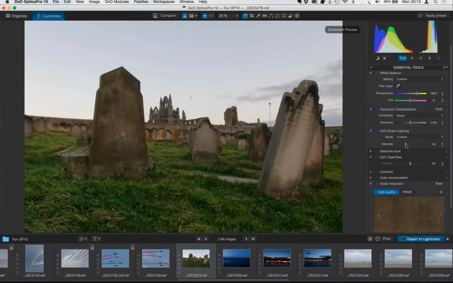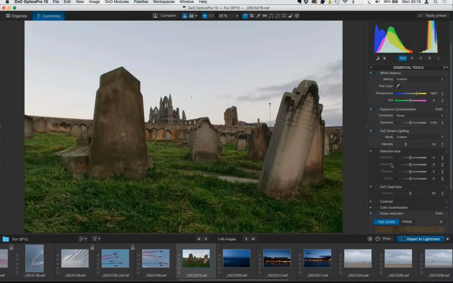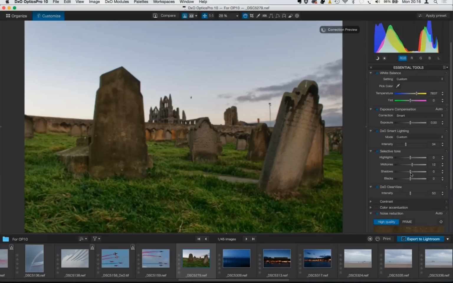And then I could move on to selective tone, working in highlights, midtones and shadows. But what I'm going to do, because I've got it in the Elite version, is to click on Smart Lighting. I'm just going to switch that off again. Just look at that straight away. The sky's coming in, the grassy area is getting more punch, so the atmospheric perspective has been improved. I could then go back a little step if I wanted to and adjust these sliders to bring up or bring back areas of the image,